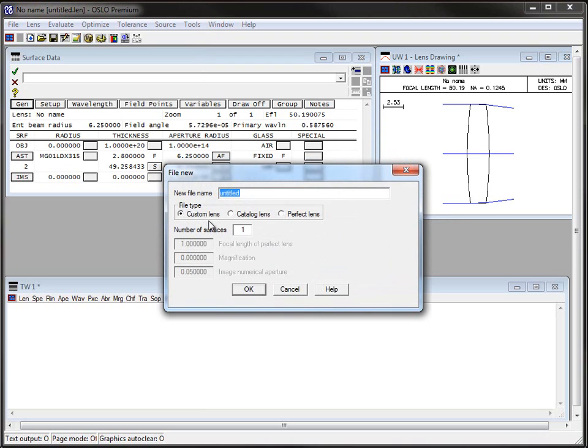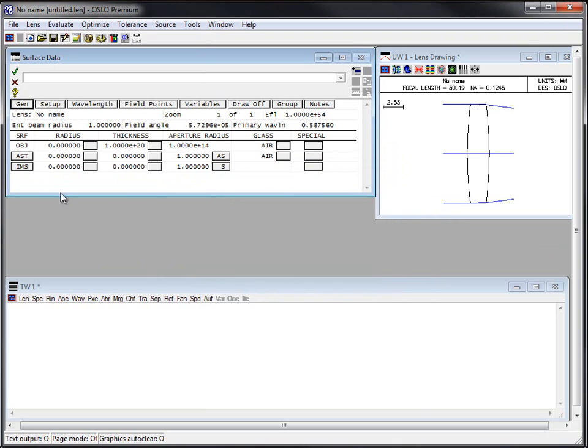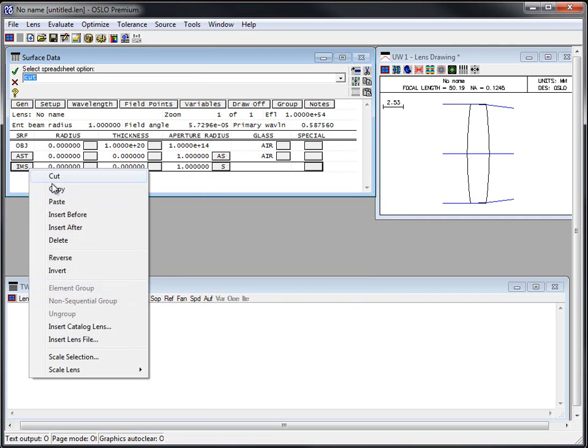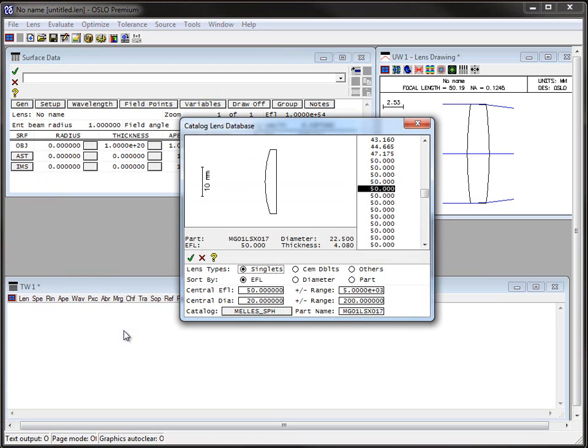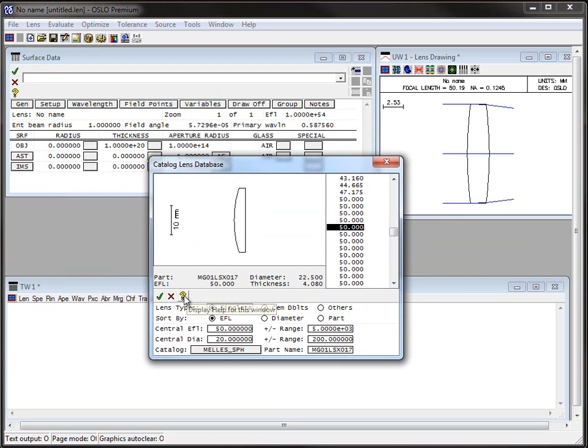So I'm going to start over again, and this time I'm just going to go to a custom lens, and I'm going to show you another way to enter a catalog lens. You can enter a catalog lens into a system where you already have some other optics with this process, or you can do it from scratch. If I select a surface and right click, it pulls up this little pull down menu, and one of the choices here is to insert a catalog lens. If I click on that, I end up in the same position as before, where it's saying, here's a database of catalog lenses that you can choose from, and which one do you want to enter? So I go ahead and pick one,